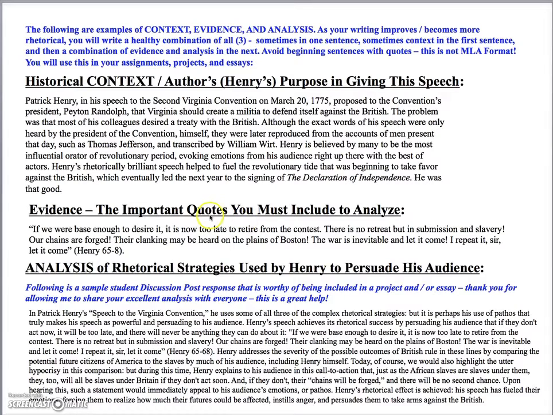Okay, evidence. Again, this is a really good quote, and I want to talk about this quickly. If it were base enough to desire it, it is now too late to retire from the contest. There is no retreat but in submission and slavery. Our chains are forged. This student uses all of this slavery imagery to help use his argument, and read this here. This is all an excellent analysis of it. And again, my thanks to the student. I have 3 seconds left, and go ahead and take a look